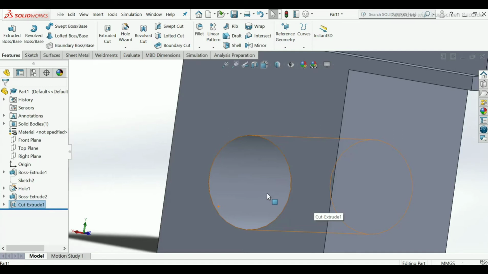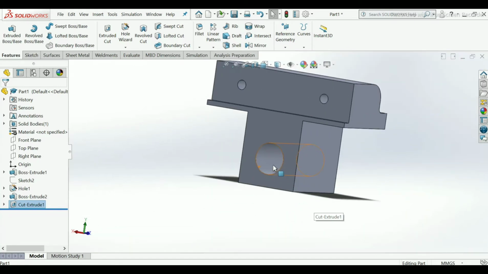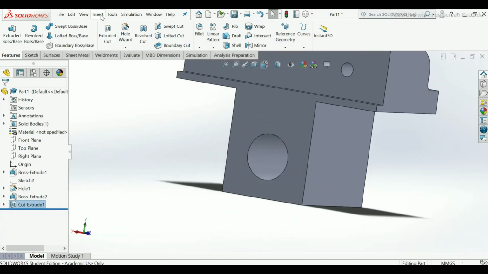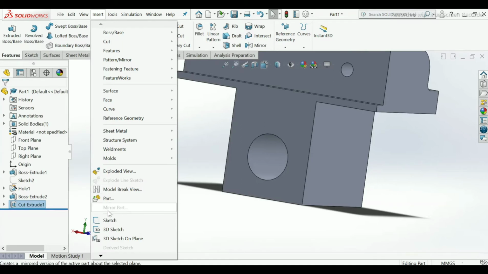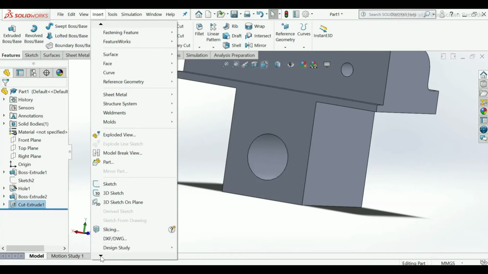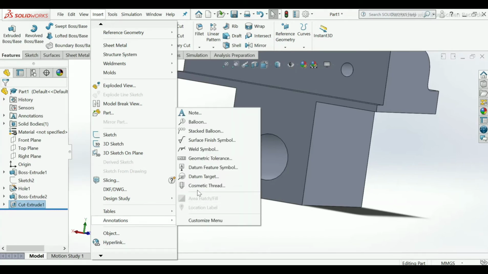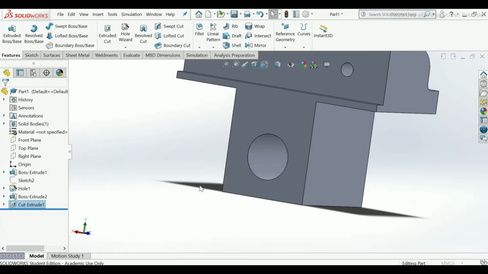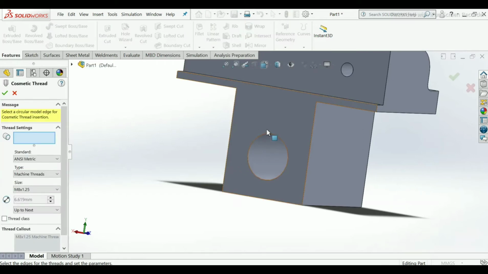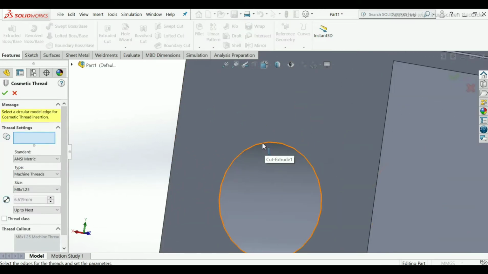We have to give a cosmetic thread, so go to insert, annotations, cosmetic thread. Select this edge of the cut extrude.